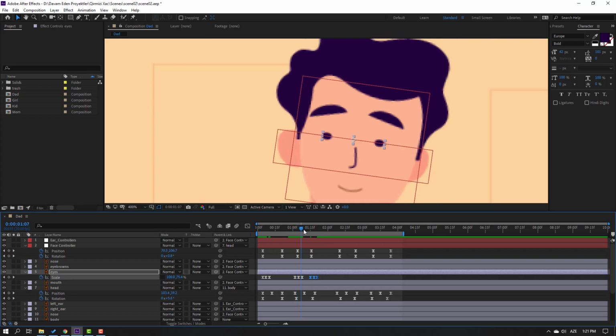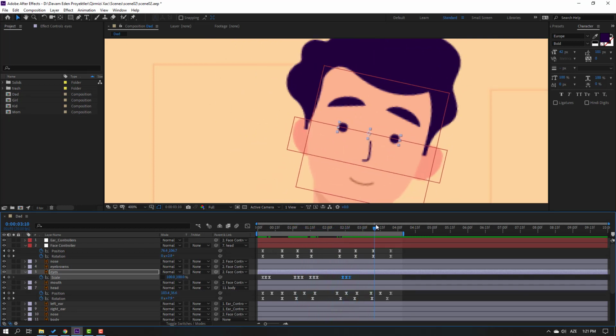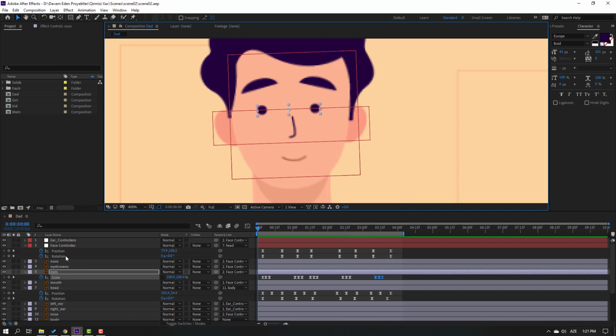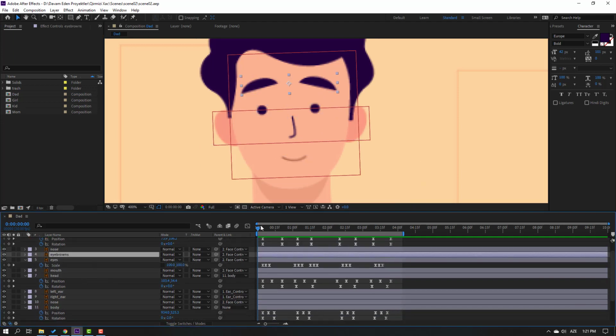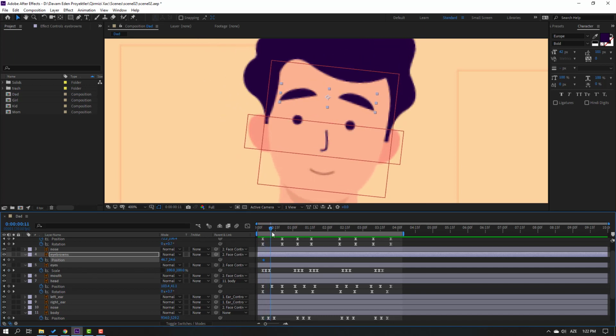Okay, again Ctrl V. Again here Ctrl V. And here Ctrl V. Let's see. Nice, not bad. Let's select these eyebrows like this, and let's press P, make new position keyframe, go to here